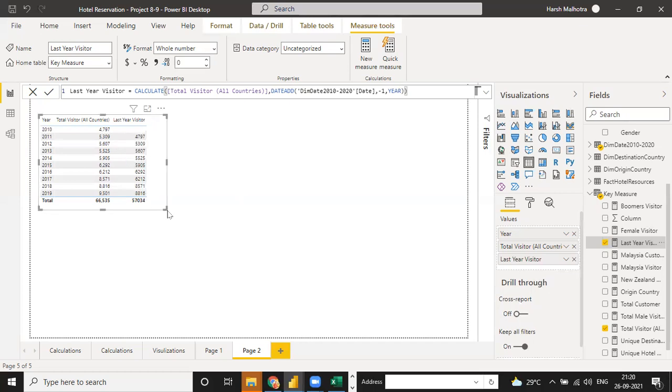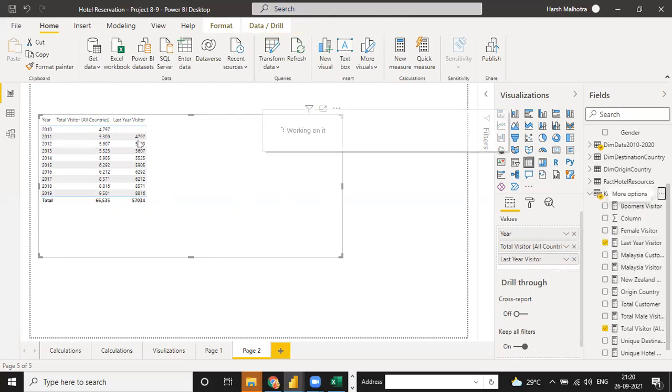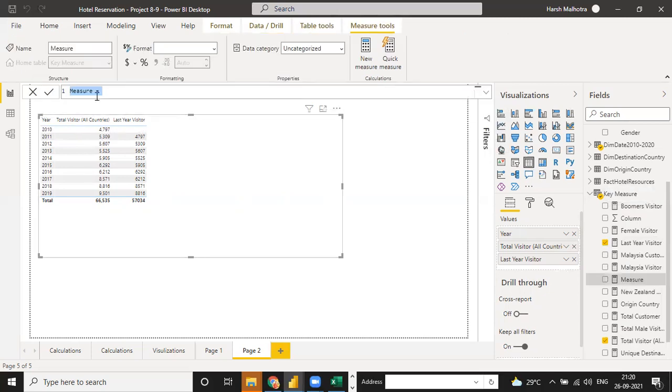Okay, so for this we have to create a percentage change function. Right now I am creating one more measure, which is the difference between current year minus last year. It means total visitor minus last year visitor. You can use just a simple measure. Difference means a minus.